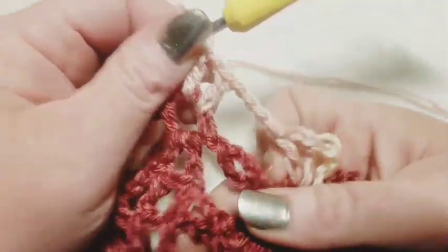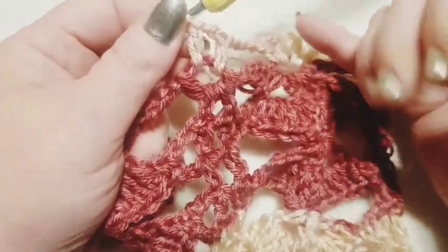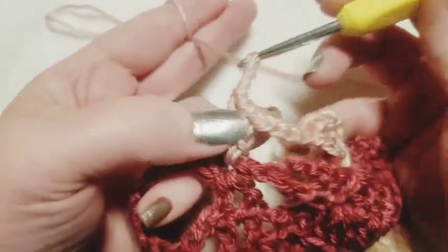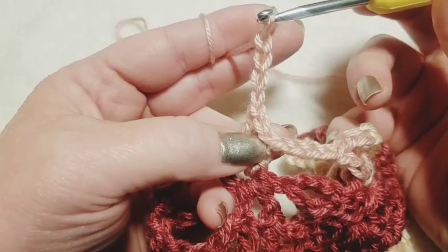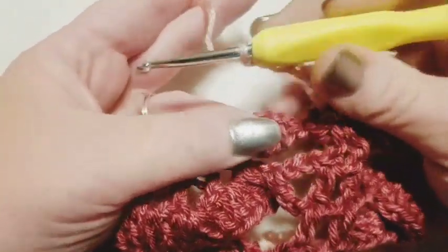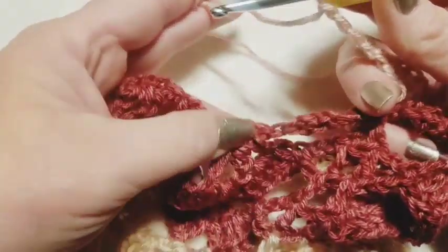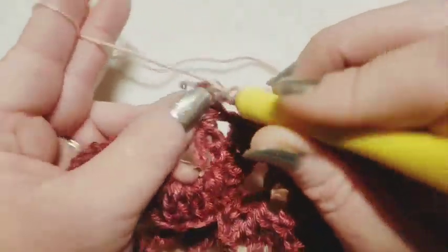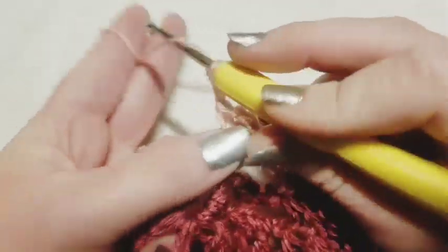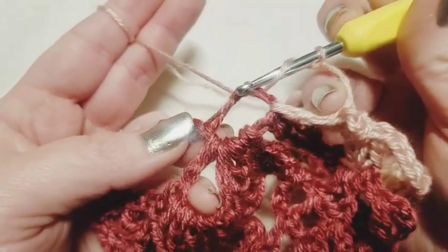So you can see, if you take a look, you're just working on the opposite side, doing the exact same thing. So I'm going to do this together with you one more time. We're going to chain 4, 1, 2, 3, and 4. And now we're going to skip the next foundation oval just like we did before, and come over here to this one that we've worked into on the other side. We're going to set up and do a double crochet, chain 2, double crochet right there into that same exact foundation oval,